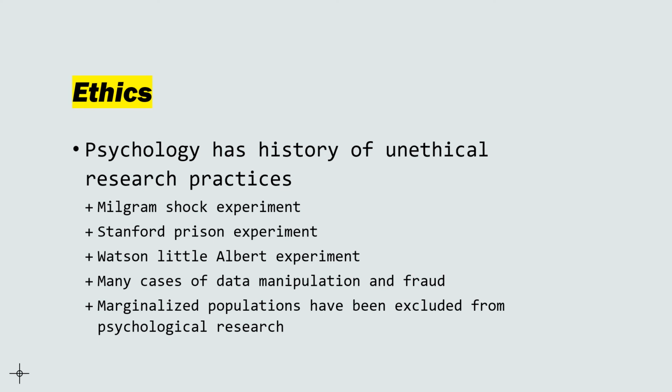Okay, so that's a lot. So there's all these different cases of pretty obviously terrible experimentation that goes on in the field of psychology. In addition to those, there's also many cases, this is maybe more modern, of what's called data manipulation or fraud. It seems to be really prevalent for some reason in the field of social psychology, but it's gotten into other